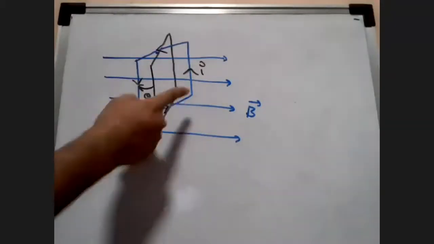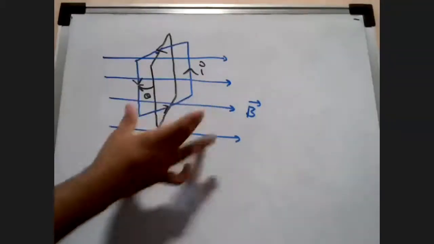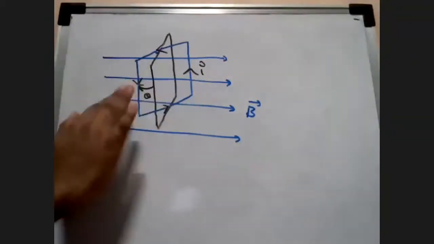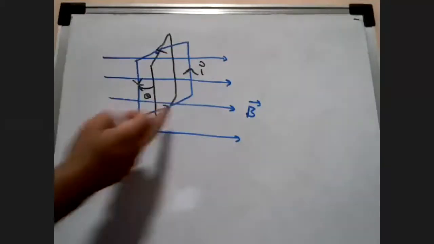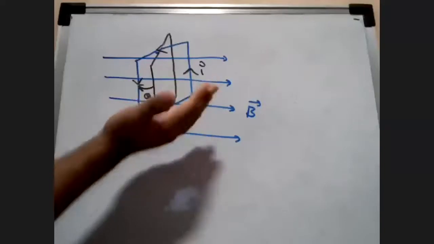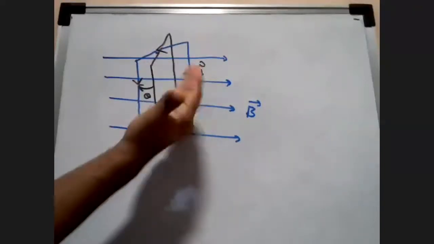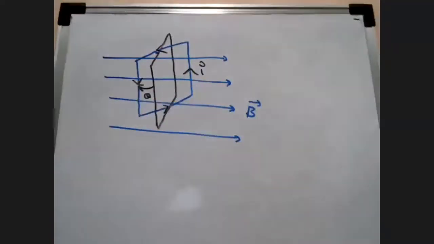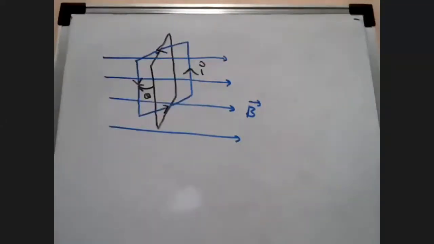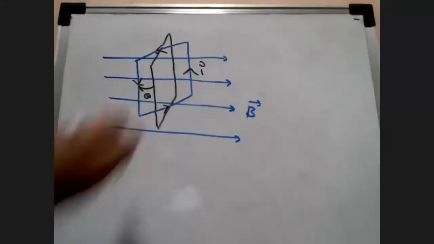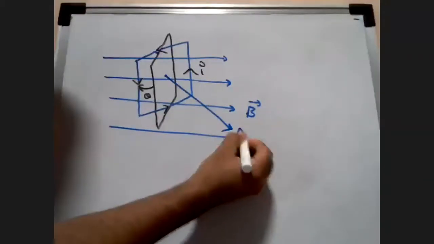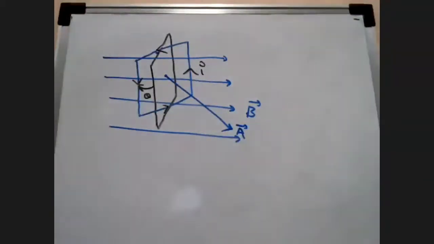Because the current in this final position, the loop I've drawn in blue color after I have pushed the initial position of the loop, is anti-clockwise, I simply use my right hand and curl it around the current. In that case, my area vector comes outside. Drawing it 3-dimensionally, this is my area vector, and it is coming out.